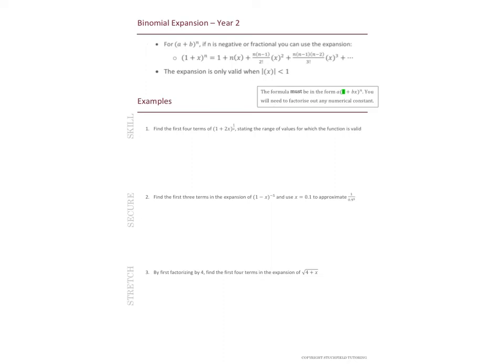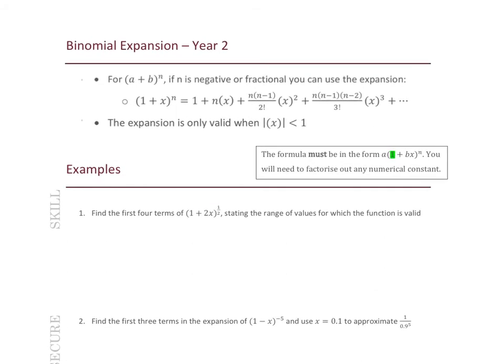Okay, welcome to the notes, examples and practice questions for binomial expansion year 2. So this is expanding on your knowledge of binomial expansion from year 1. Now, this is going to cover negative or fractional indices. Notes start with: for (a + b)^n, if n is negative or fractional, you can use the